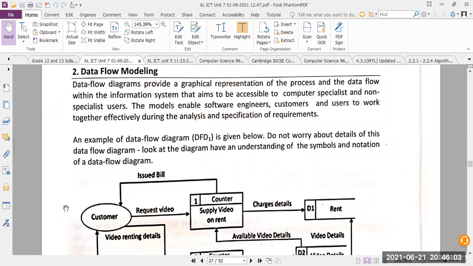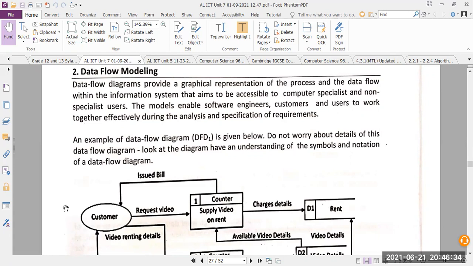So listen carefully. Data flow diagrams provide a graphical representation of the process and the data flow within the information system that aims to be accessible to computer specialists and non-specialist users. So this data flow diagram is a diagram which, if you read it properly, could be understood even if you are a non-technical person.